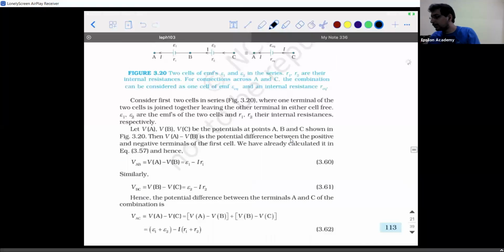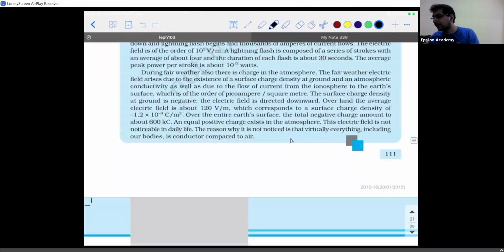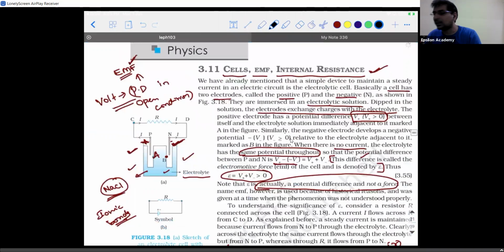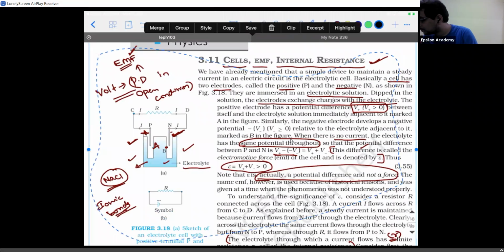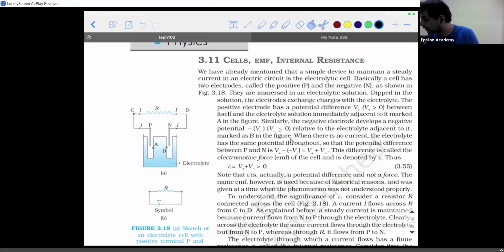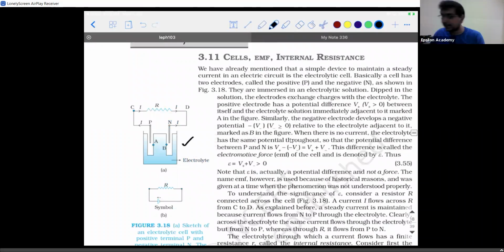Let me show you the page and explain from there itself, because there's a theory part. After explaining this theory, I'll give you a practical application. Okay, so you have a cell like this. A cell has a positive terminal and a negative terminal. Now, if I take this electrolyte, which is initially in the neutral state, then can I say that there is going to be a potential difference between this positive plate and this neutral surface? At this point, I will call the potential V plus.